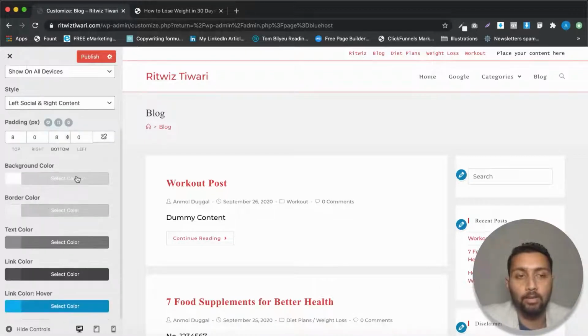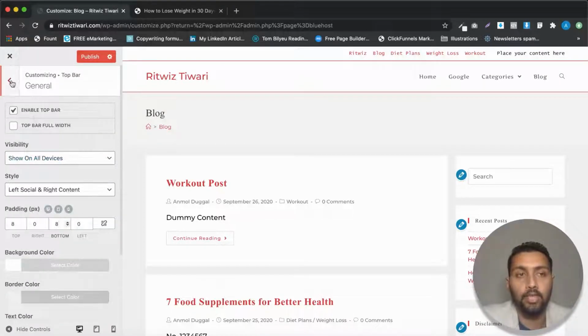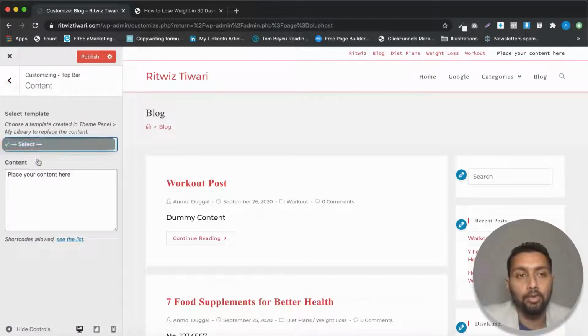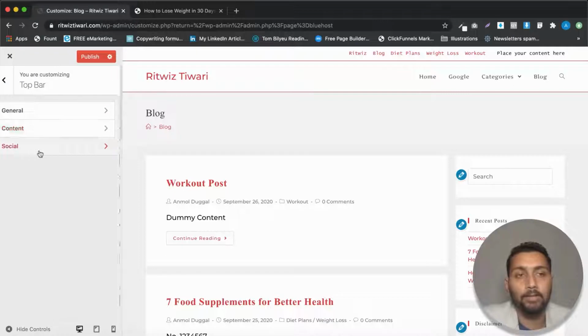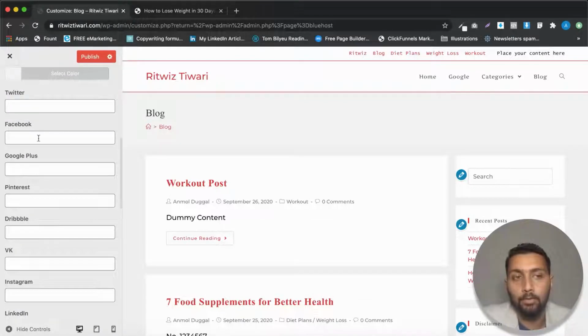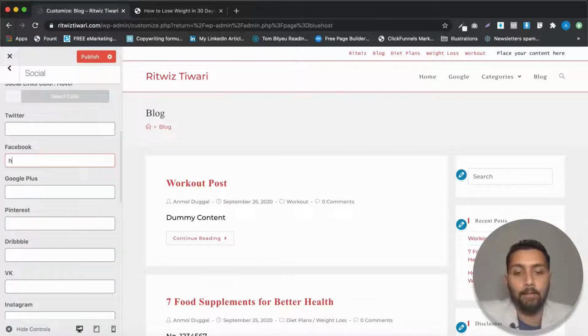And then there are these color options. You already have seen how to change them. And let's move ahead to the content. And for the content, there is no template, so don't worry about it. Then for the social options, you don't have any social links as of now, but you can add them here. Okay, and like let me add my own